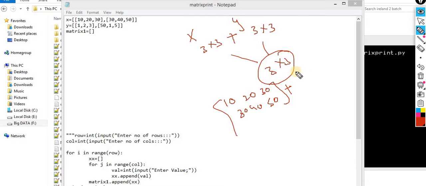No, this is not a 3 by 3 matrix. This is a matrix of 2 by 3. Sorry for that. It is 2 by 3 because we have 2 rows and 3 columns. The row number 0 and the row number 1 will represent something like this. Sorry for this wrong information. The matrix is 2 by 3, so the output would again be a 2 by 3 matrix.